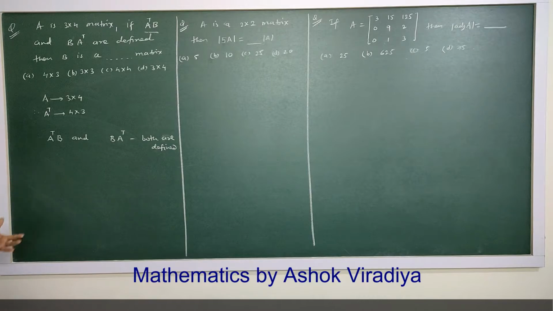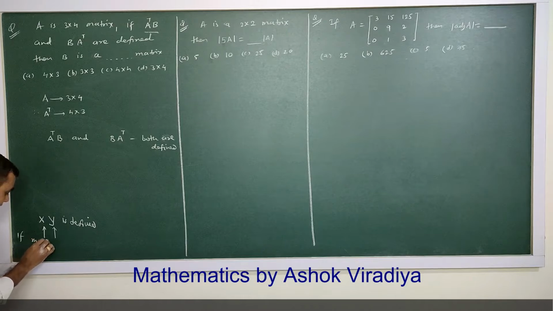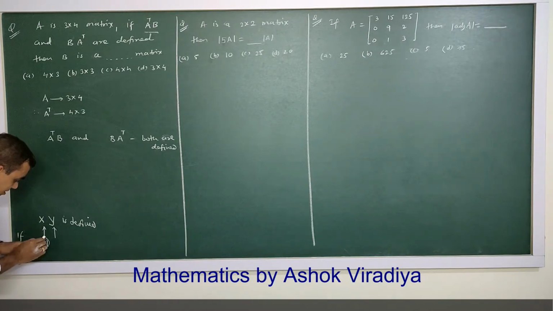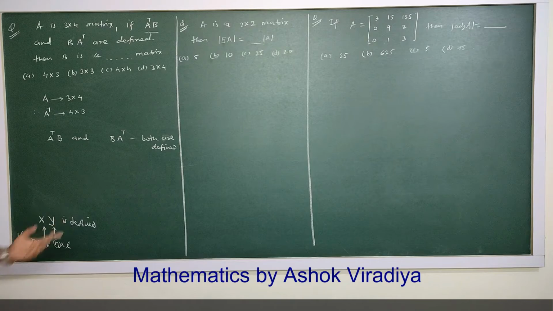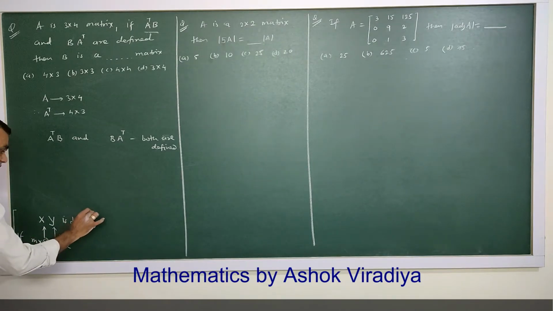Now see, we know the property of multiplication. Whenever we have matrix X and matrix Y, two matrices, and the product is defined, if the number of columns in the first matrix and the number of rows in the second matrix are same, means if this is an m by n matrix, then this number n, the number of columns in the first matrix, the same number should be the number of rows in the second matrix. So here the number of rows should be n, and here it can be any number. So if these two numbers are same, then the product is defined. So we are using this property of multiplication.